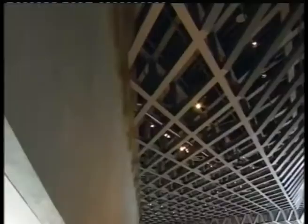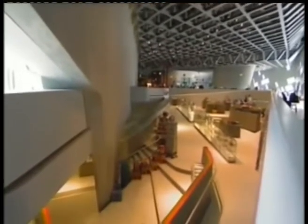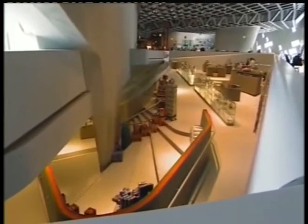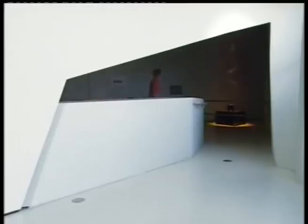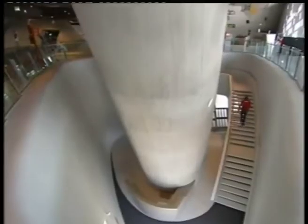It's very different to your average museum, where you have to follow a set route through a linear sequence of rooms. Here, you just head over to whatever looks interesting. It's a refreshing approach to museum design. But what's revolutionary here, what makes this stand apart from anything else on the Stirling Prize shortlist, is the way